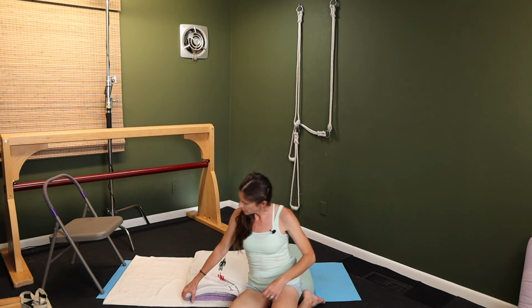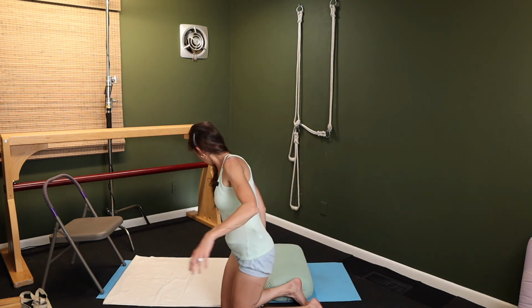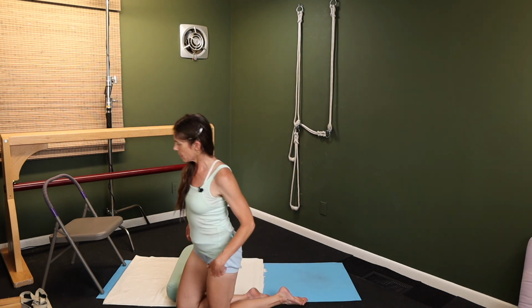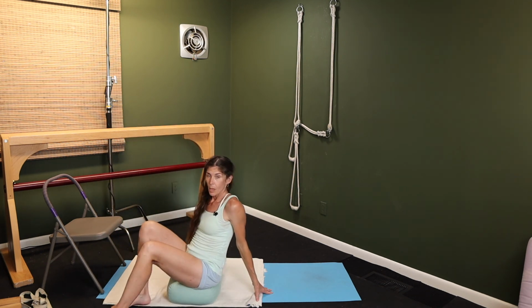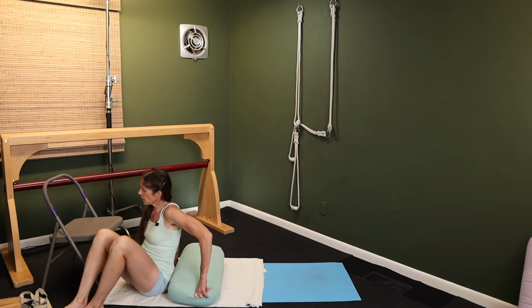So let's do this for this evening. You'll go ahead and move your blankets away. Let's keep the bolster, and we'll take a Viparita Karani variation with your legs on the chair. Then we'll push the bolster away, take the bolster away altogether, and we'll take shavasana with your legs beneath the